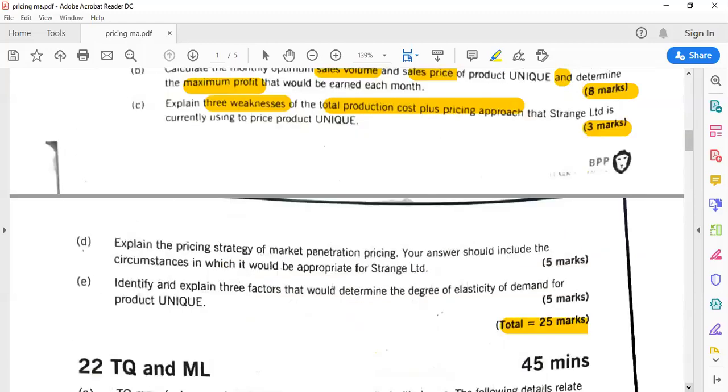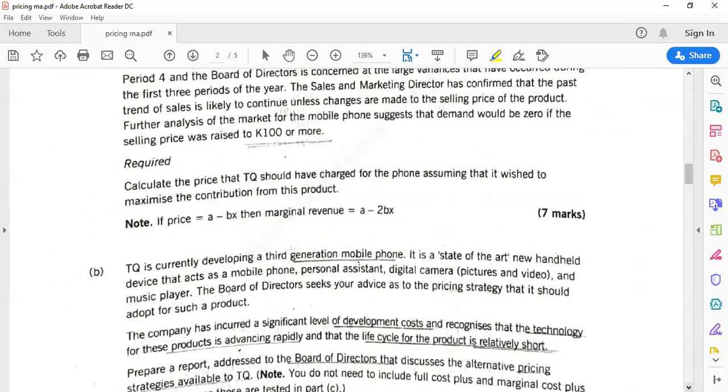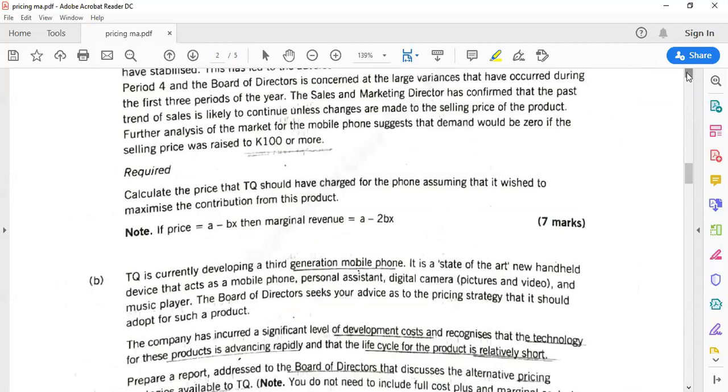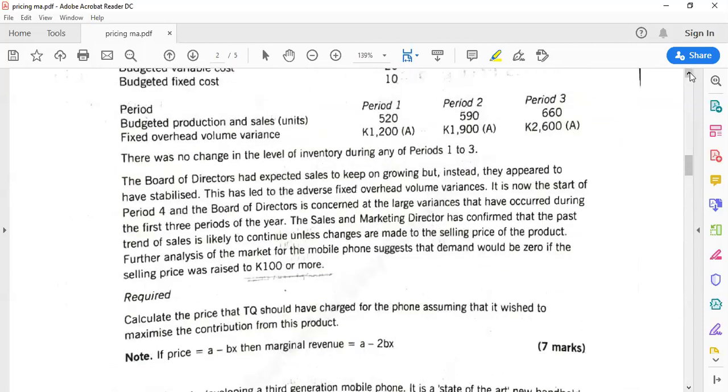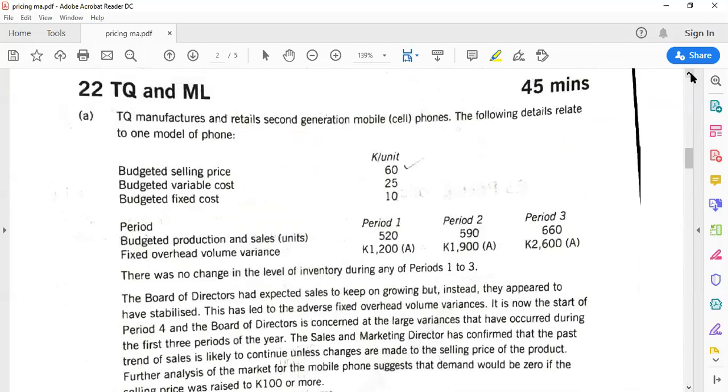Now we go to another question, question number 22. So those of you who are joining us online, kindly stay tuned. We are now starting the next question, question number 22. In the next video,